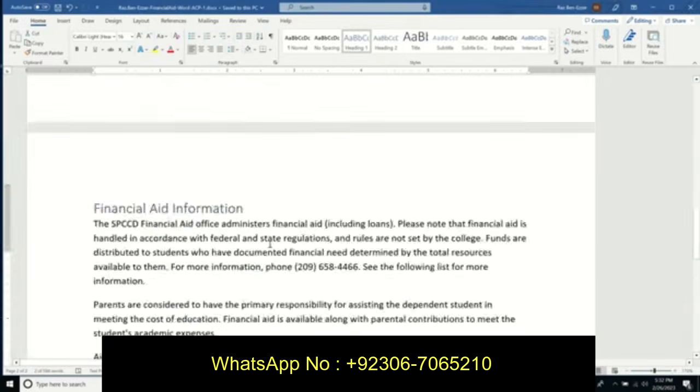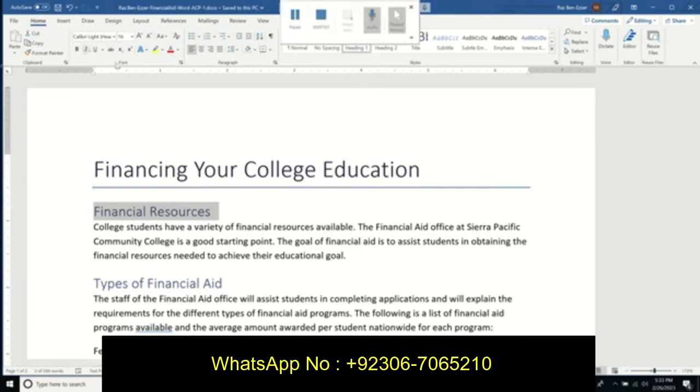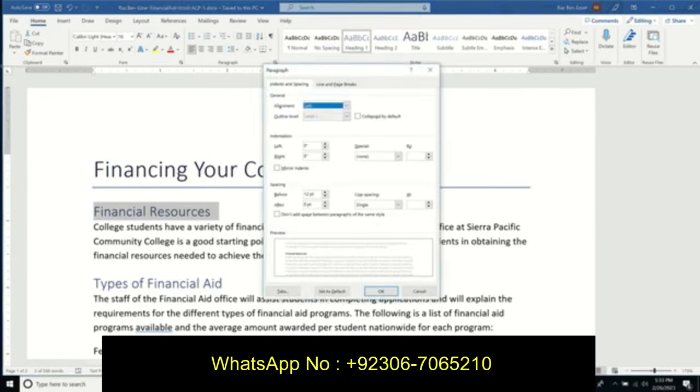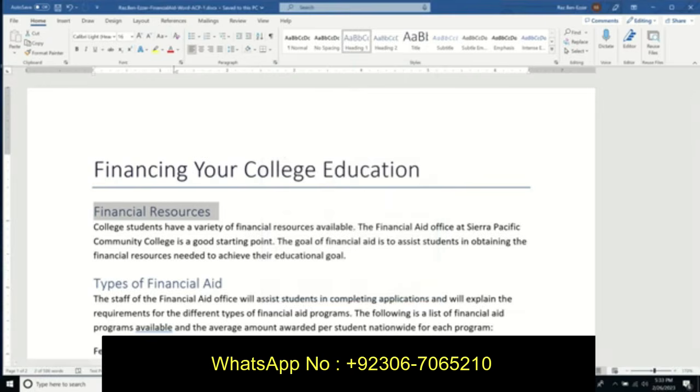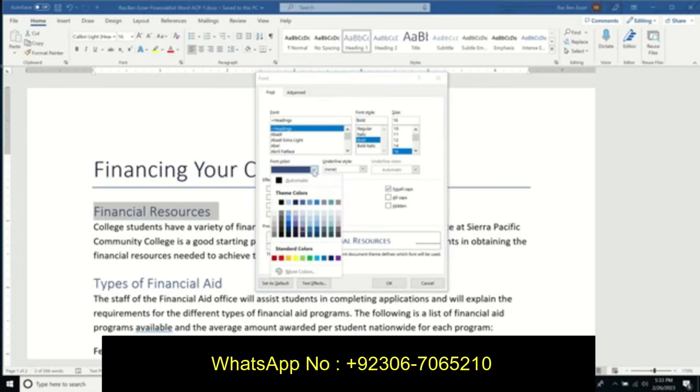So we're going to go to this first heading. Now, where can I do all those things? Bold I can do from here, but I can do all those things from the paragraph. Again, if you're on Mac, you would look for Format, Paragraph. Sorry, not Paragraph, but Font, same place. On Mac, you would go to Format, Font. Here I could go to the font launcher, and this is the place where I can make it bold. I can make it small caps, and I can change the color to the 5th one in the last row,